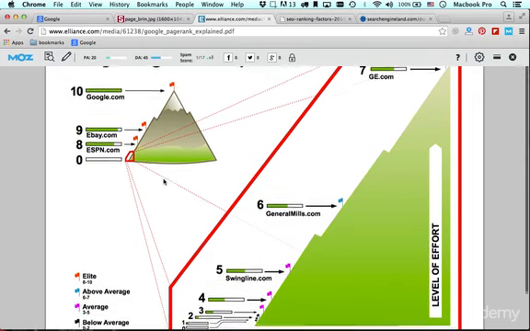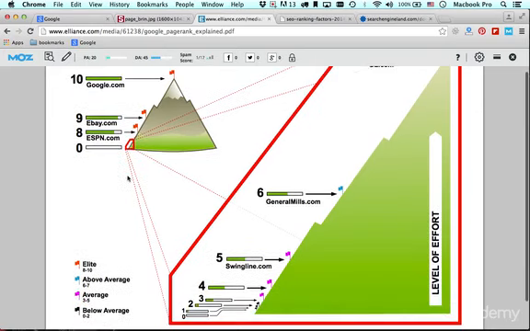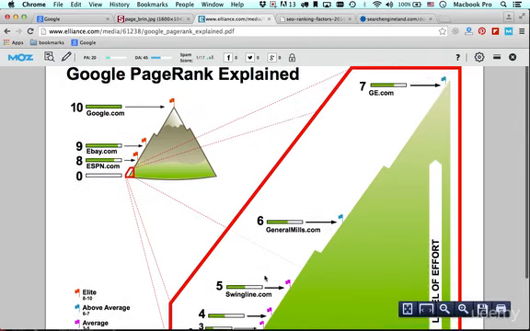As you can see in this image here, 0 is at the base of this mountain, 10 is at the very top of the peak. And as you can see, 0 to 7 is actually here at the bottom. So each rung up this ladder from 0 to 1, 1 to 2, 2 to 3, etc., is exponentially harder to get up to the next level. At the top, you see google.com. Also up here is YouTube, Facebook, and other very, very popular websites that live up here.